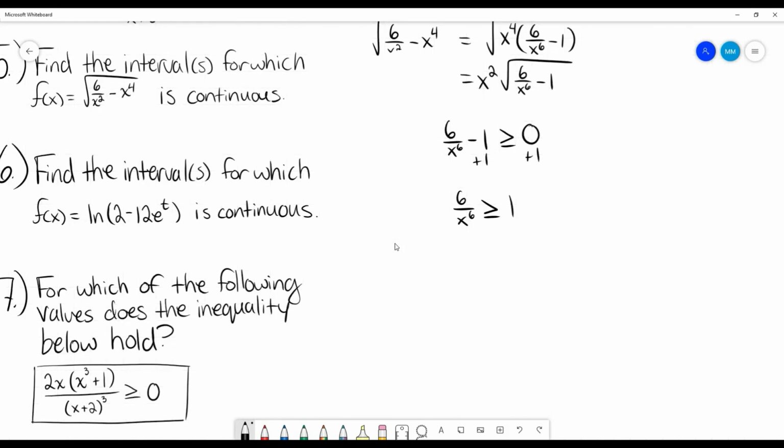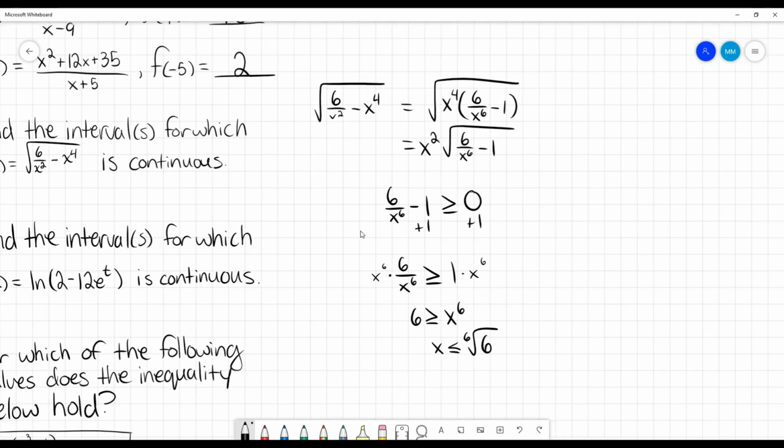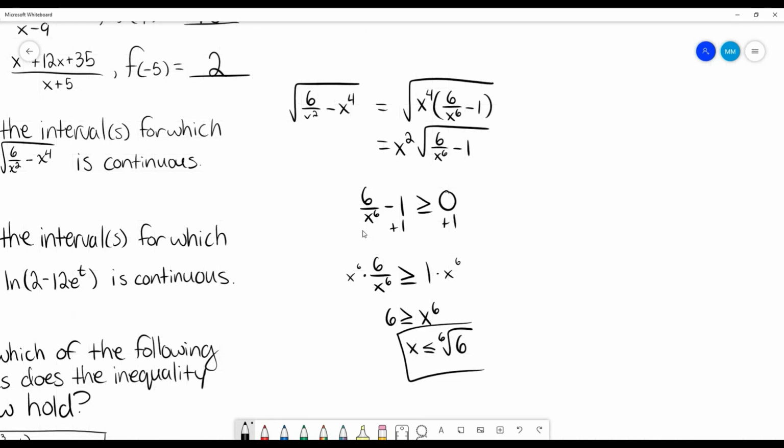And then it gets a little trickier. So let's see, we get 6 is greater than or equal to x to the 6th, because now I'm multiplying that out to get rid of this in our denominator, which means that x is going to be less than or equal to the 6th root of 6. All right. So this is actually going to be our domain,